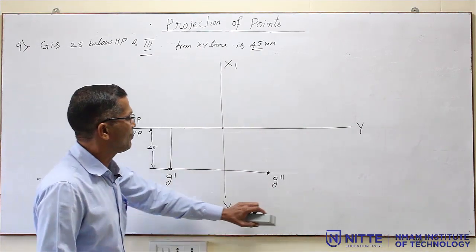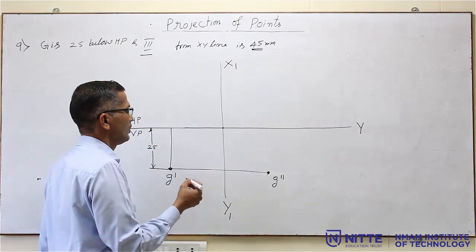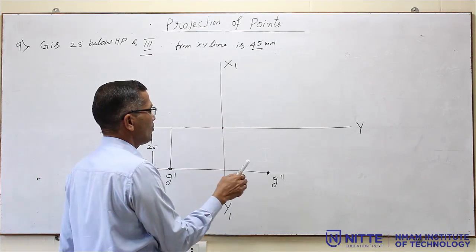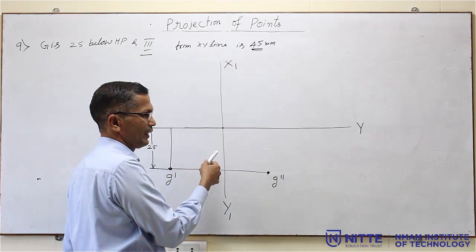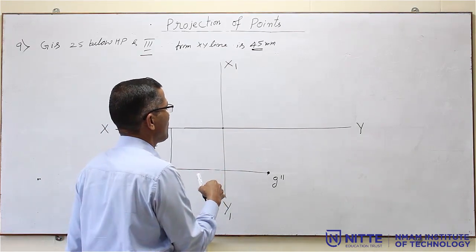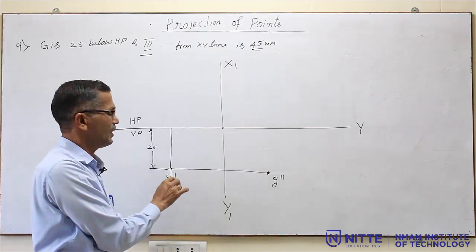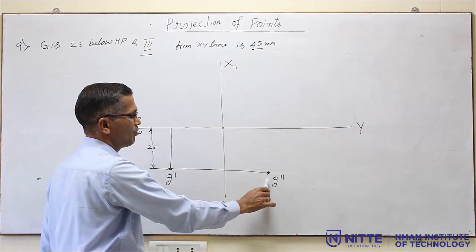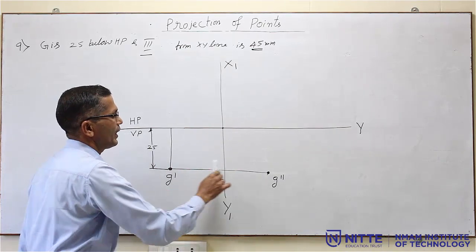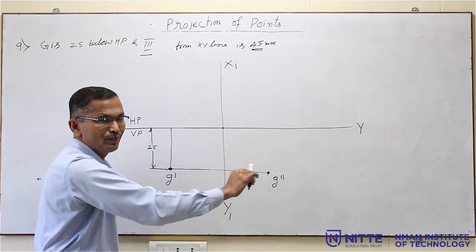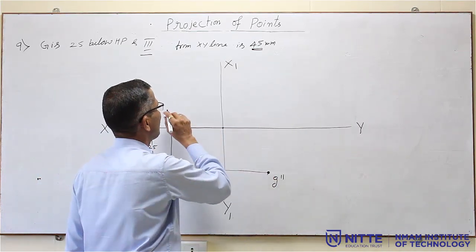So, it is the profile view. Now, you have to draw the top view. What is the procedure for drawing the profile view? Exactly the opposite of that. You have to go in the reverse manner. Previously, we used to draw the front view and top view, then obtain the profile view. But here the front view and profile view are already obtained. You can see here G dash and G double dash should be in the same line. So, now you have to get the top view.